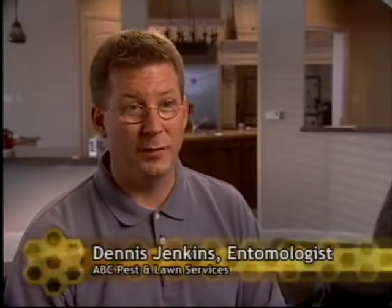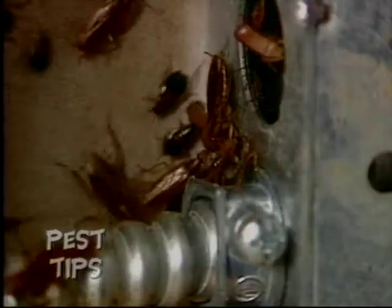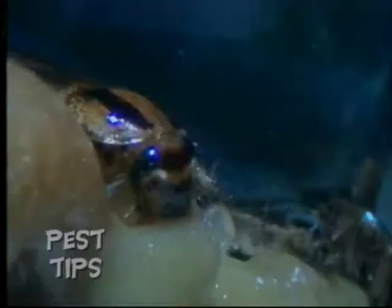Cockroaches are another species of insect that is kind of an old species of insect. They've found them in fossils that date back millions of years. So cockroaches and man have been together for a very, very long time. There are a number of species of cockroaches that we deal with in the area. The ones that are the biggest concern as far as our health goes are really the German cockroaches, which are the ones that will live in your kitchen or in any kind of kitchen, around food,